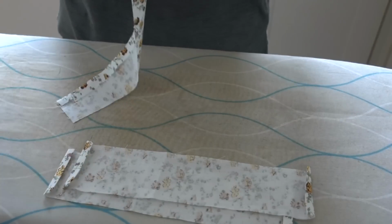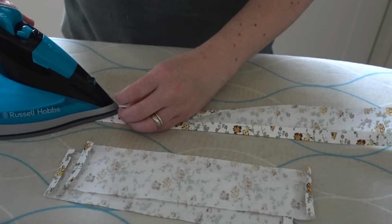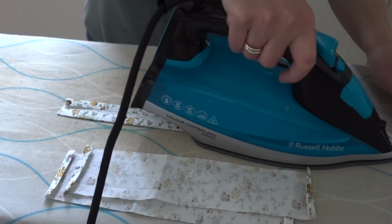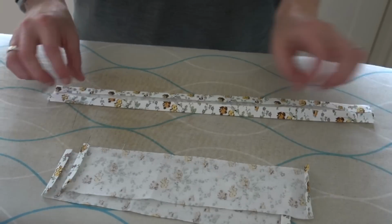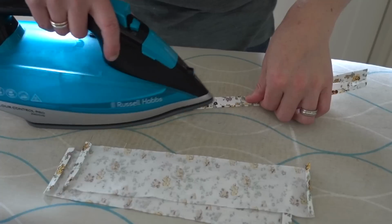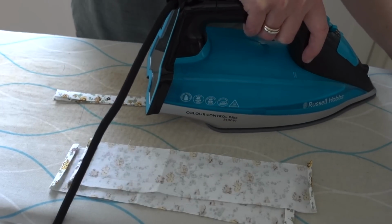And then I'm going to turn it around and do the same on this side. I'm going to fold it to just meeting before the crease that I made, fold it in half, and then just give it a really good press. So I'll have a bit of a wonky strip with a bit of a gap in the middle, like that. There you go. Nothing is accurate, nothing is perfect, and then I'm just going to fold it in half so that my two nicely folded edges meet, and give it a really good press so that those edges are in the right place. And what I'm going to end up with